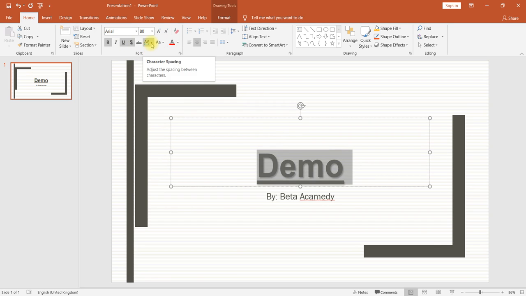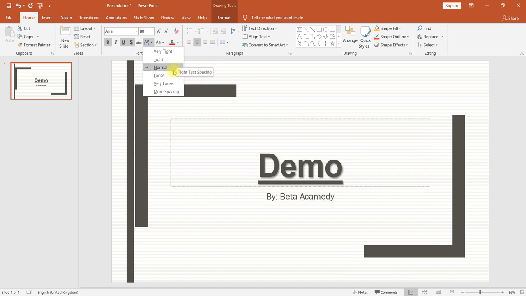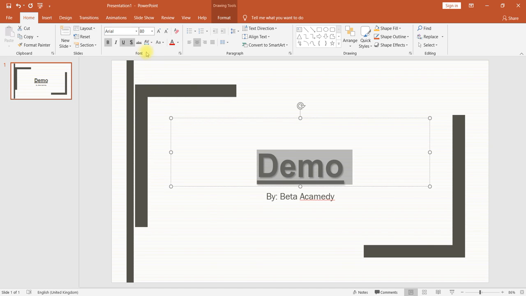And here we can adjust the character spacing, the spacing between characters. If you choose loose spacing, the width between your characters will be increased, very loose, still more. If you choose tight, it will be stringent, in the sense very condensed. So normal is better for readability. If you like, you can increase to any of these. Then strikethrough is a center line drawn through your text. This is about how we can format by using these options.